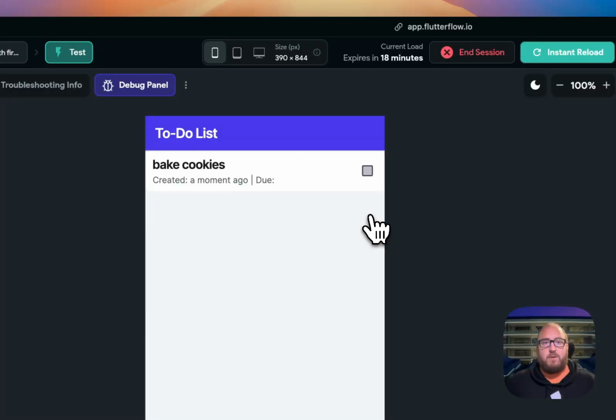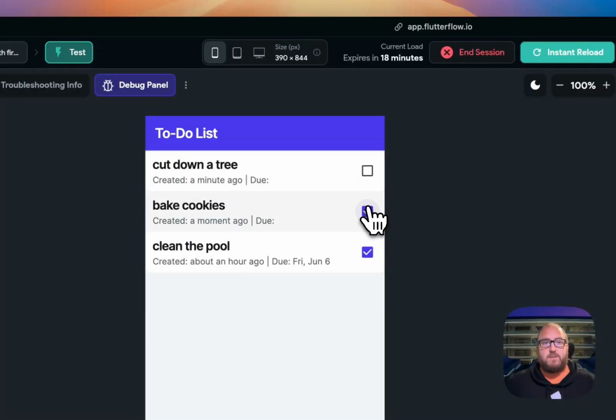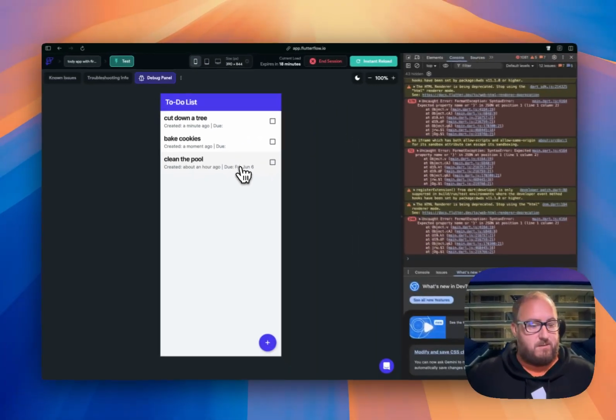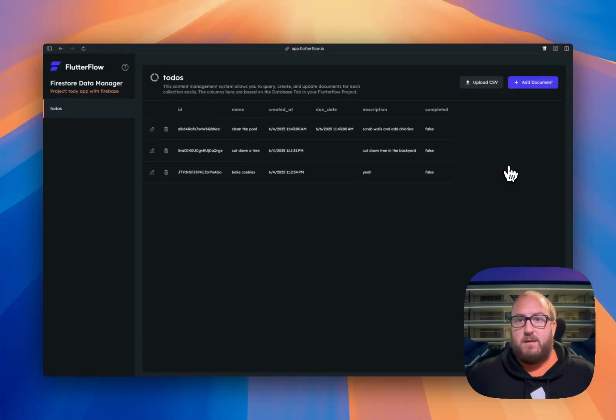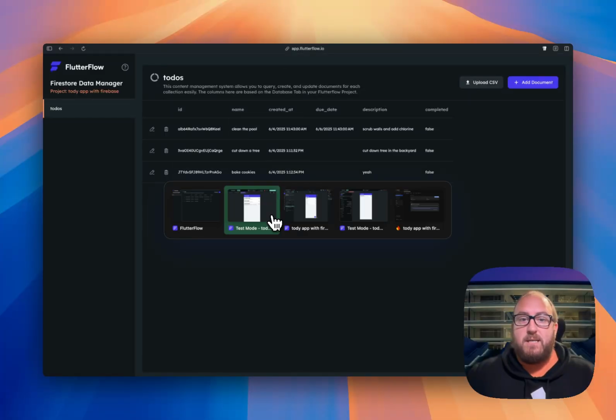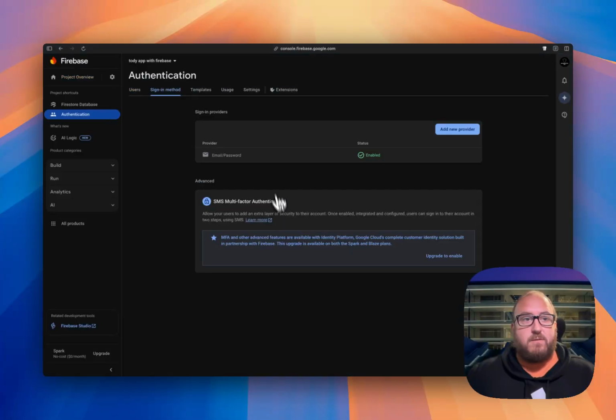So now we can check and do this and those things will get updated. So right now, all of these three are not completed. So if we go and take a look at our data, you can see that they are all false. So that's good. So this is the back end database. You can see this in Firestore as well. If we go over to the Firestore